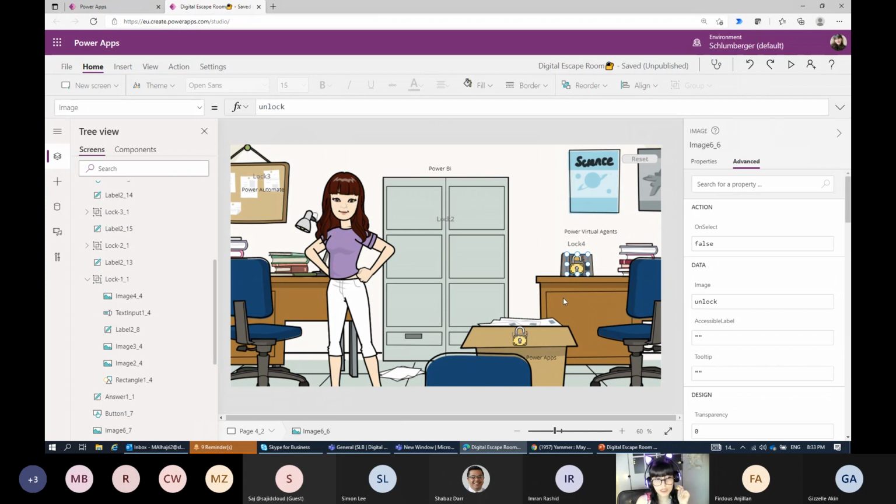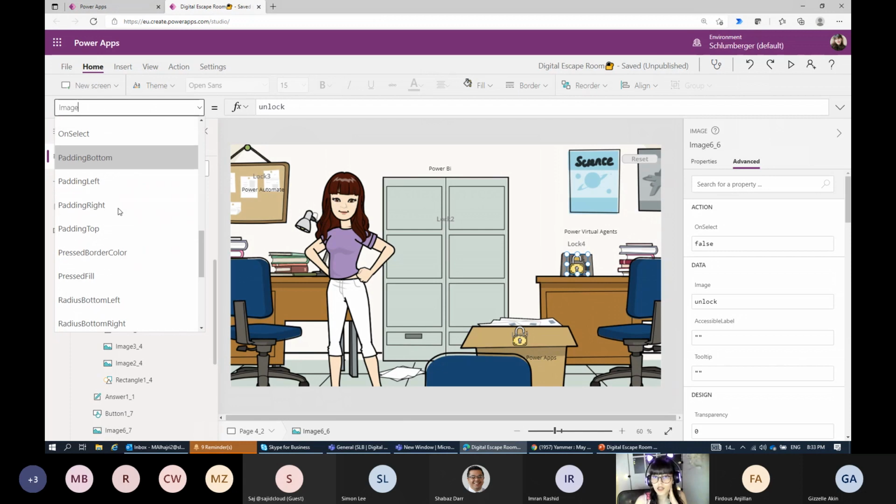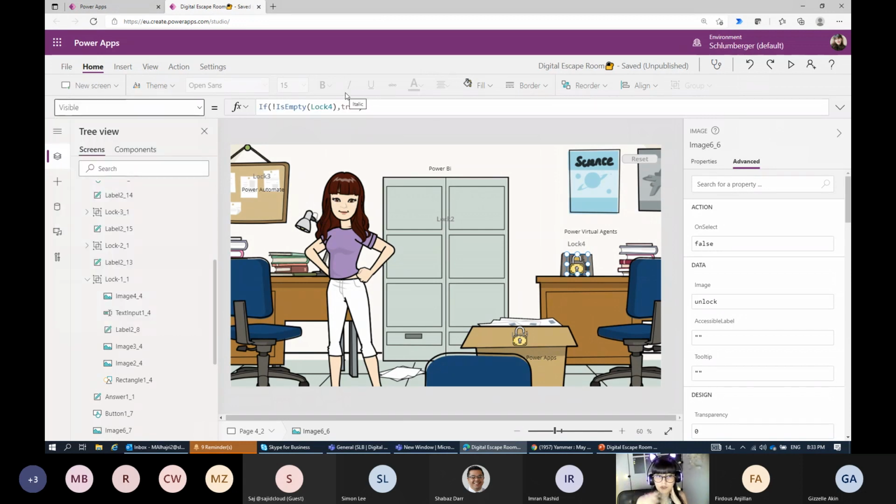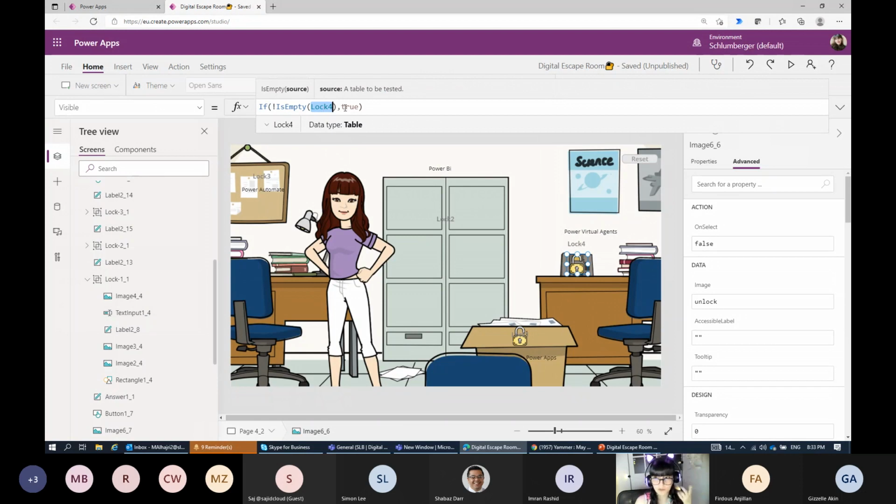The first part of why we are collecting the correct answer is that for this icon, under visible for each part, I have 4 icons or 4 images. It's up to you in your game. So what I'm adding under visible is, I'm checking if my lock number 4, maybe here it's number 4, in the collection. I'm checking the collection. I called each collection lock number 1, lock number 2, 3, 4, 5, and so on. You can call it whatever you want.